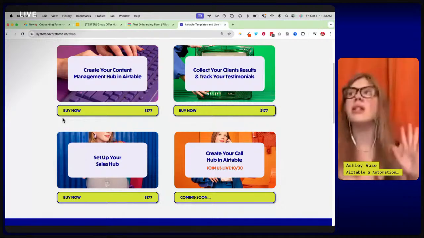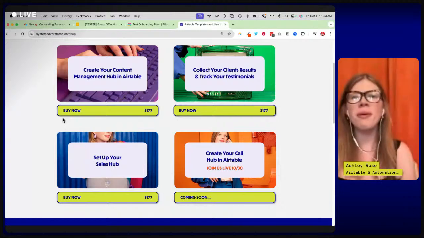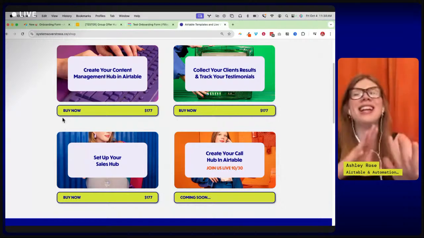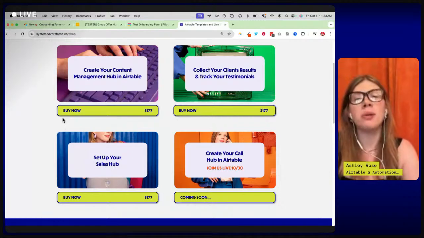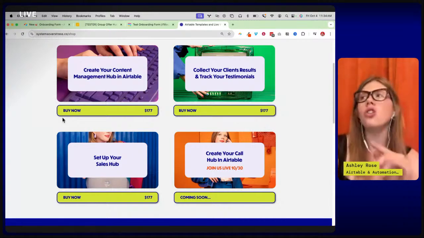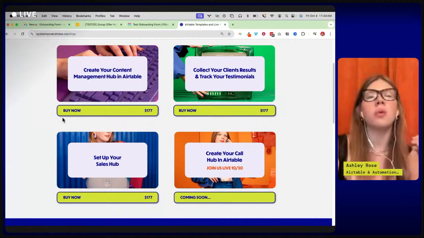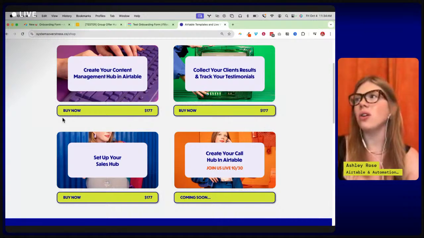I do not use a single spreadsheet in my business. I do not use a single Google form in my business. And I am so organized because I really use Airtable for everything that's possible. I know somebody in the chat mentioned that they want to use their tools as effectively as they can. Airtable can do so much for you. It is one of the most powerful tools you can use in your business. Every single coach needs it.